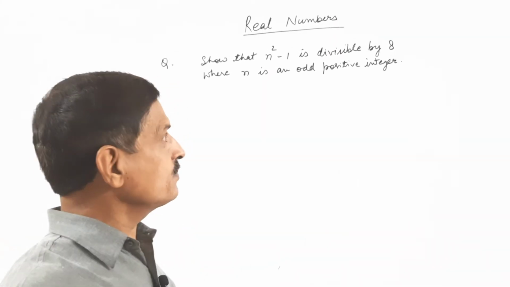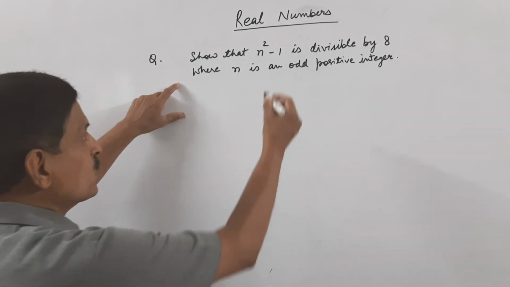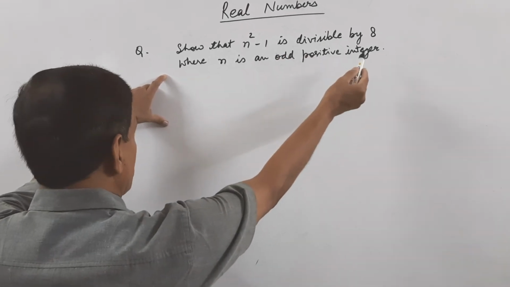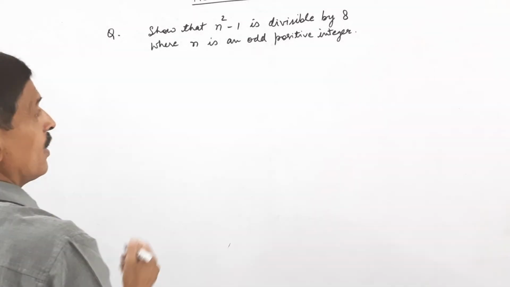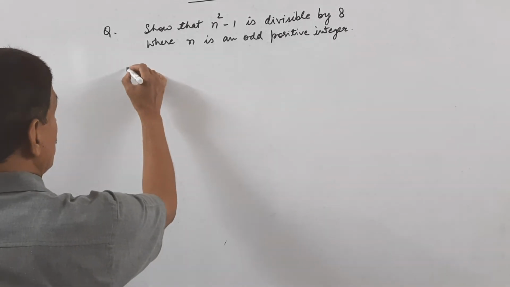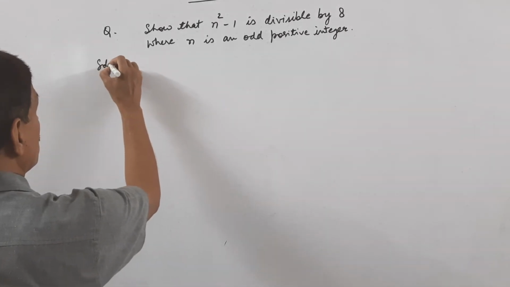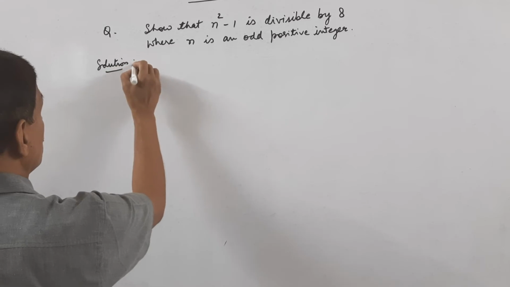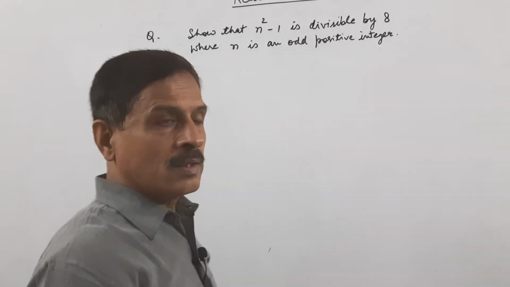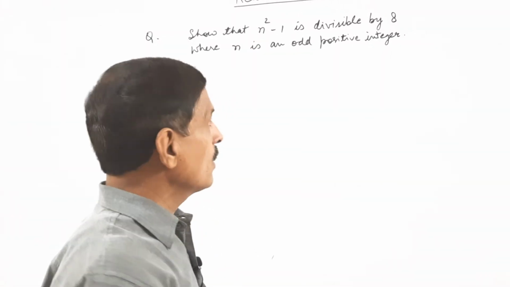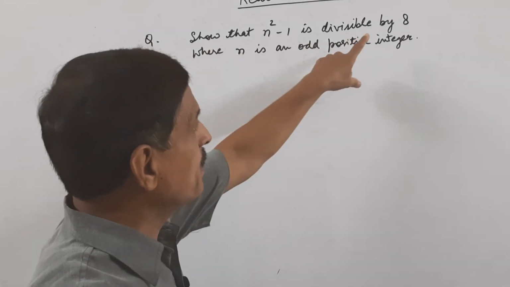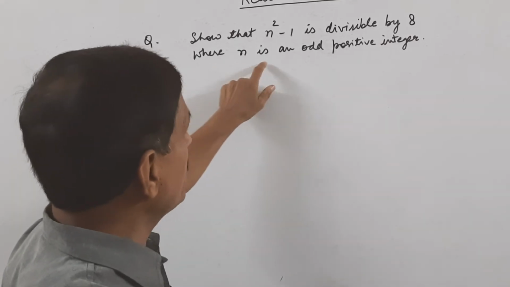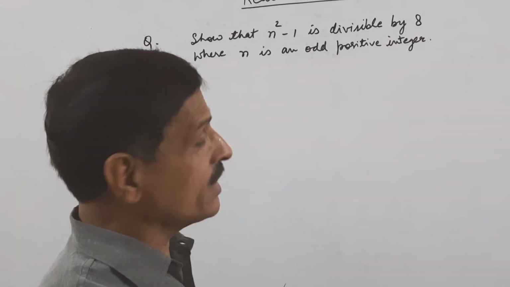In the next question, show that n square minus 1 is divisible by 8, where n is an odd positive integer. Now in this question, we have to show that n square minus 1 is divisible by 8, where n is an odd positive integer. We know that